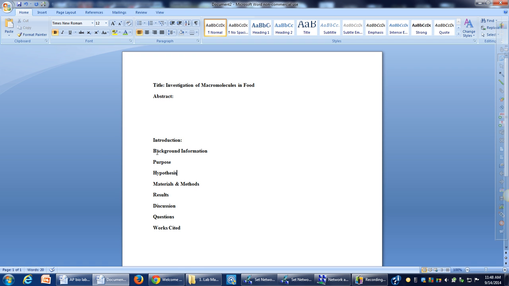So in this section of the paper, you should have a lot of citations. That means that any time you write down something that you had to find out from somewhere, whether you found it out in class or from a book or something, you should be citing your work. And so if we start off with background information and we talk about that